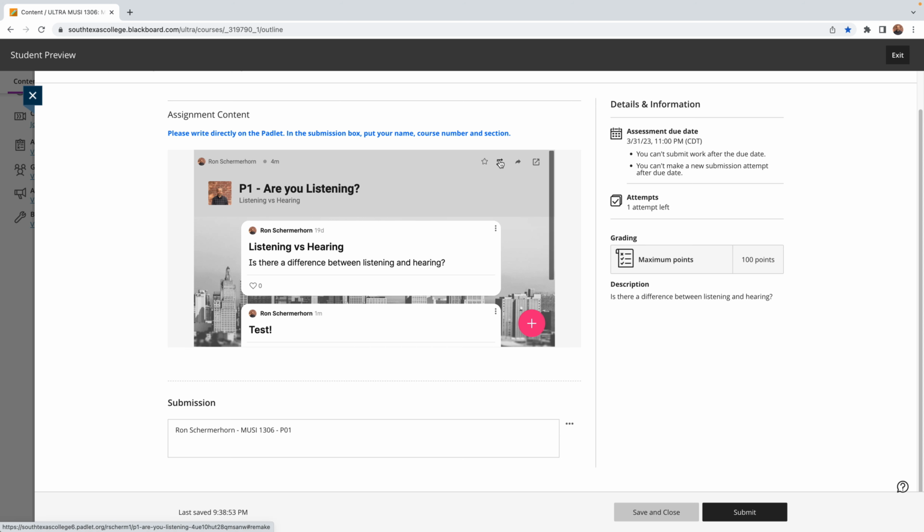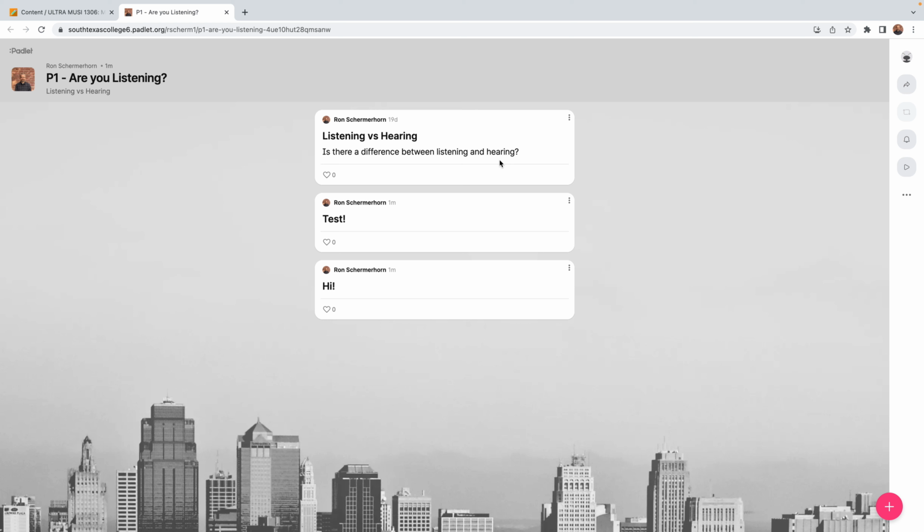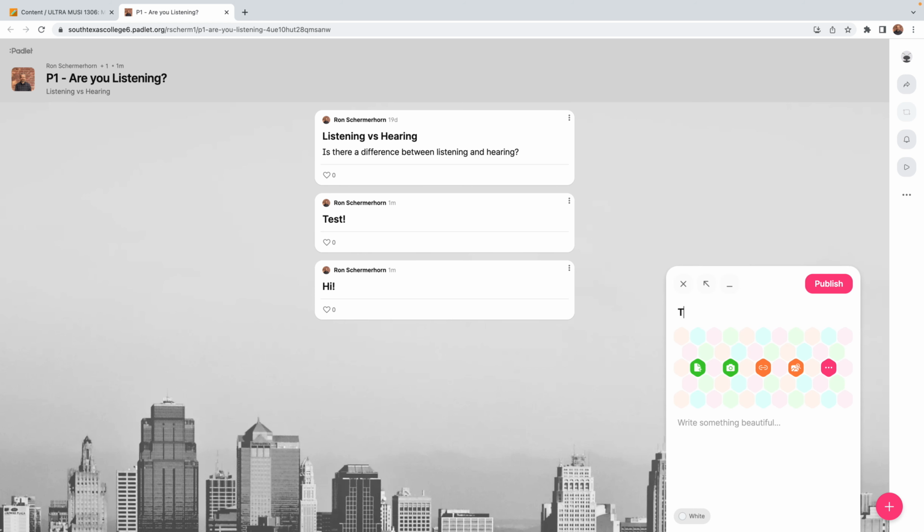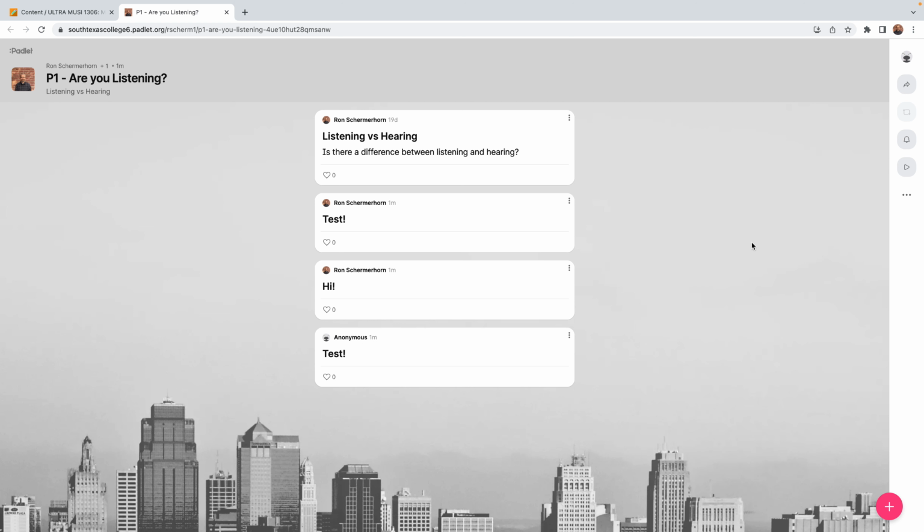All right, the second icon has stacked arrows in opposing directions. This is for remakes if allowed by the admin of the Padlet. Now it might be grayed out in some courses. If this is available and you click it and then try to type your response, it will come out as anonymous. Use the remake option if available only when you're trying to copy the Padlet with admin permission because you are so moved by the awesomeness.